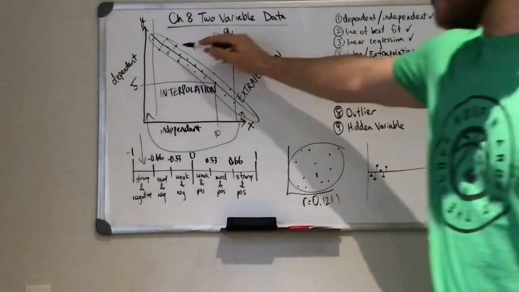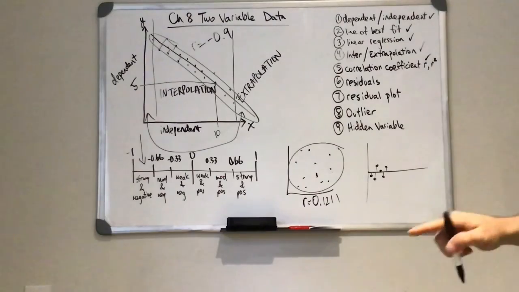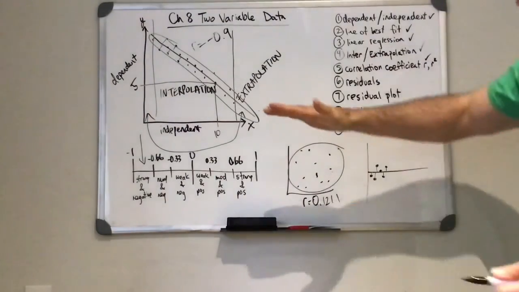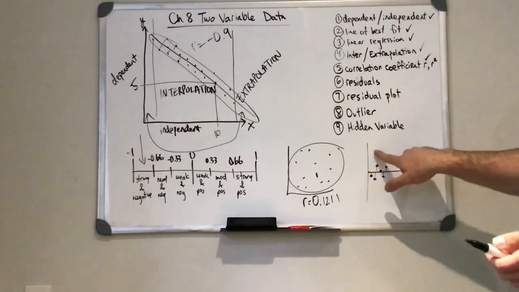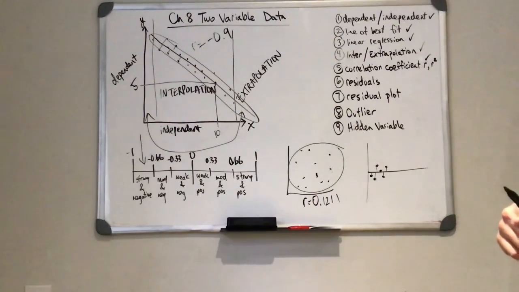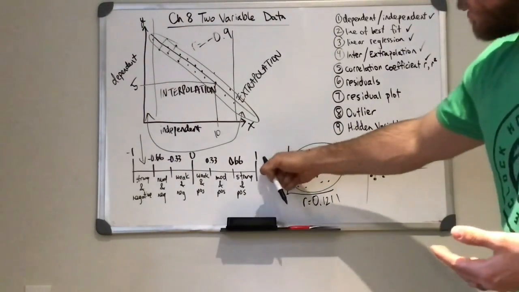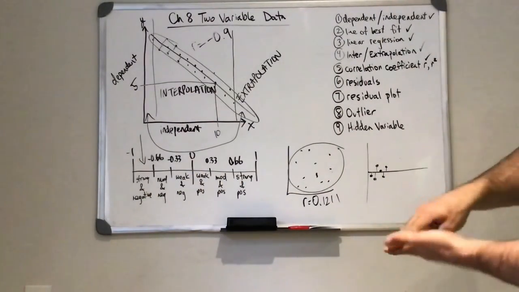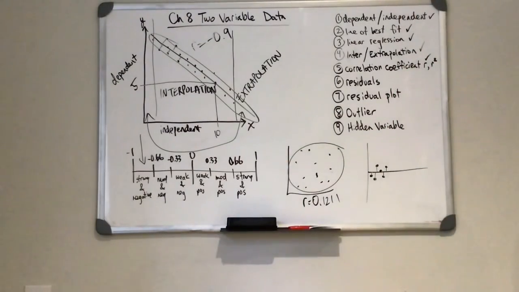Okay, so each distance from that point to the line of best fit is called a residual. A residual plot is taking that line of best fit, turning it into a horizontal line, and showing the distances from those points to the line. As these distances get smaller, you would get closer to a positive one or a negative one. The more spread out these points are, the closer we would get to a zero correlation or an